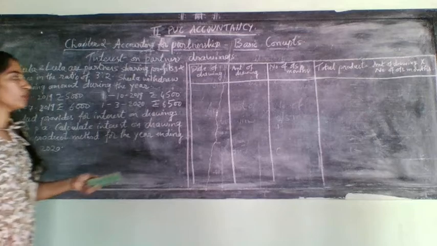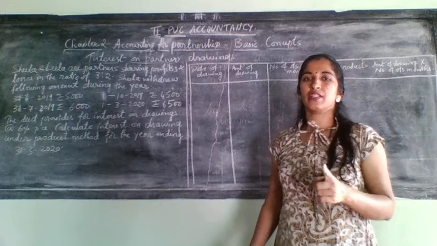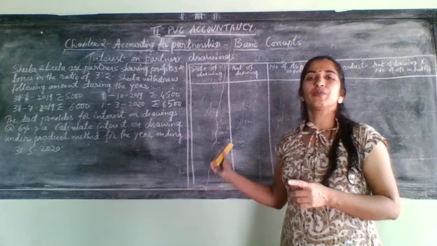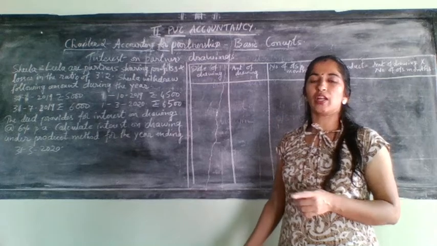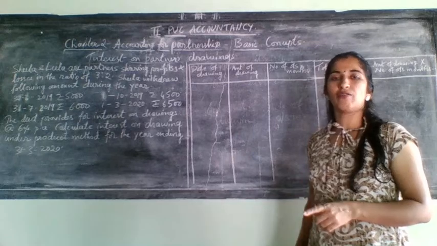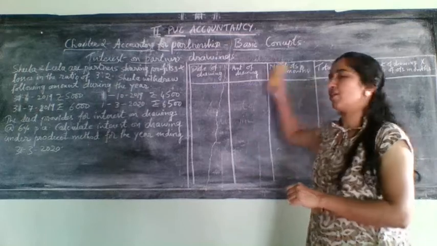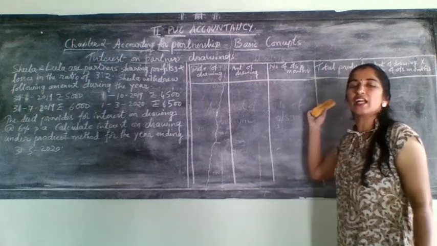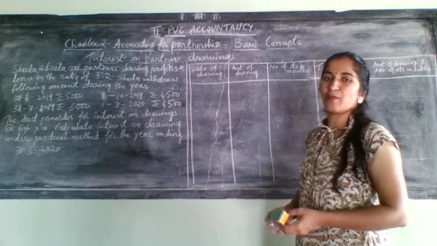Okay, to calculate interest on drawing under the product method, you need to follow two formulas. First, the actual formula: interest on drawing is equal to total product into rate of interest into 1 by 12. How to find out the total product? Total product is equal to amount of drawing into number of outstanding months. To find that total product, we put it in columns and we can find it out easily here, and then we will apply the next formula and find out interest on drawing. The same as the direct method.